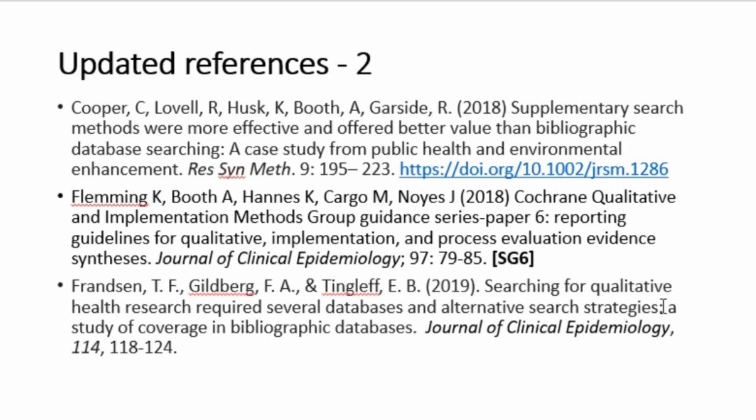There are no technical requirements different from screening qualitative evidence. Obviously what you're looking for and how you spot it are different, but the actual process is not software dependent. So if something works well for you on your quantitative studies, then the same software will work equally for your qualitative studies.